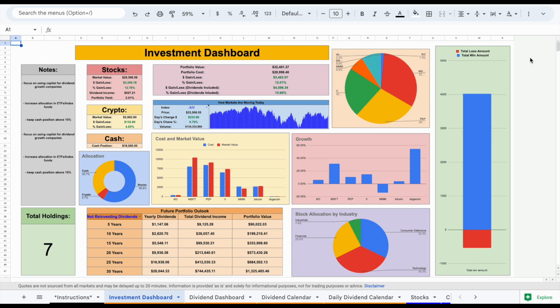In this video, I'm going to be revealing the updated version of the Do-It-Yourself Investor Toolkit. This is the spreadsheet I use to analyze my personal dividend portfolio and all of my monthly portfolio updates released on YouTube. And I have some really cool new features that I have added to the spreadsheet to enhance it